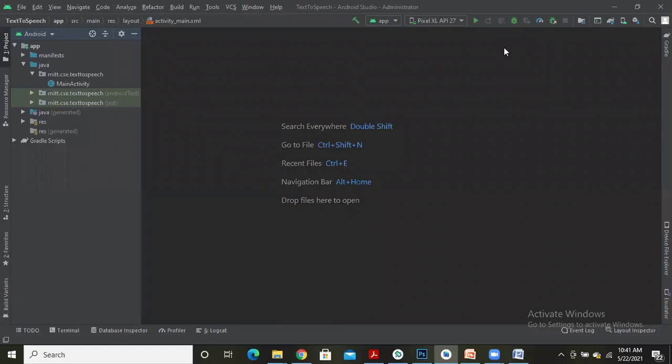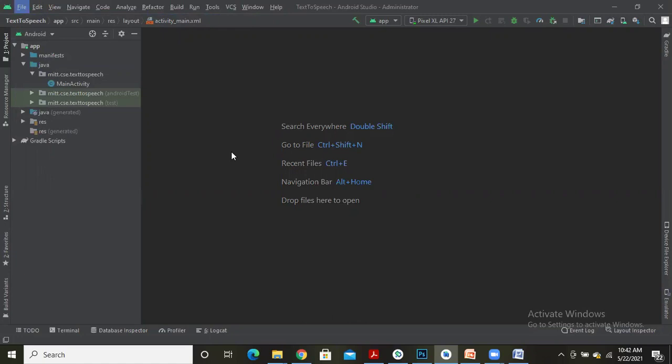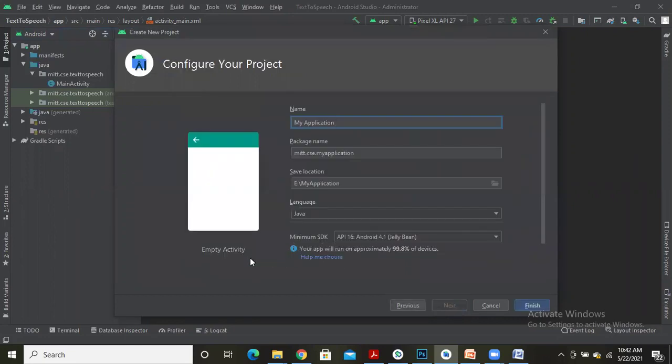To build the text-to-speech application, we open Android Studio and create a new project. Go to File, select New and New Project. Among the different activities which are given to you by Android Studio, let me select this empty activity and click on Next. Now we need to specify the name of the application.